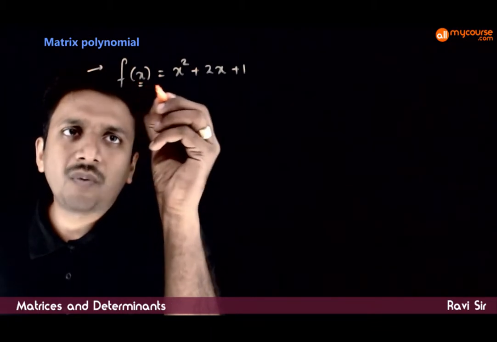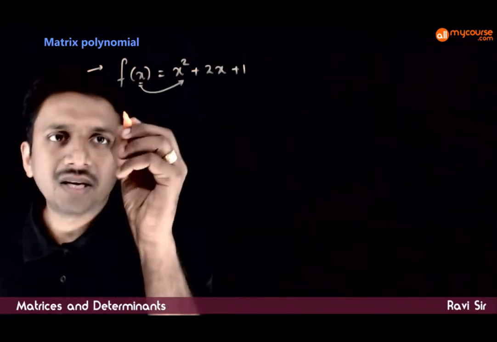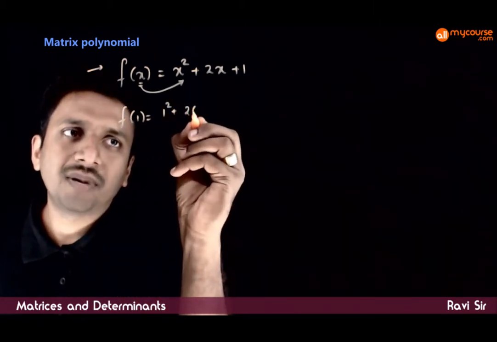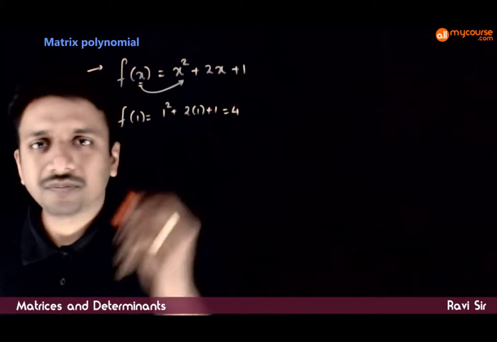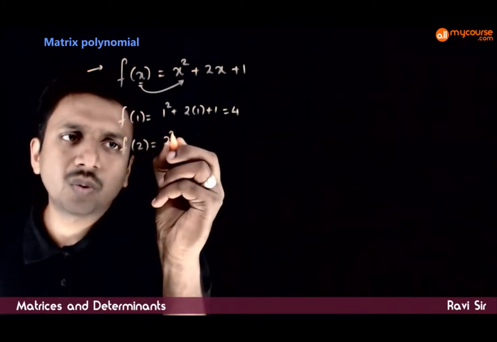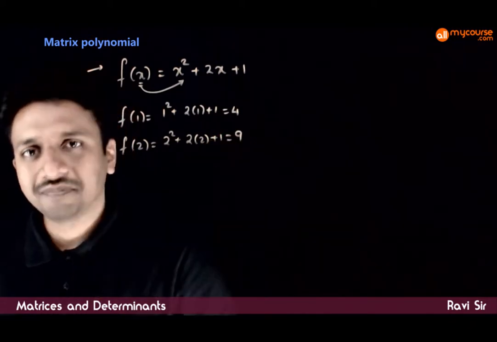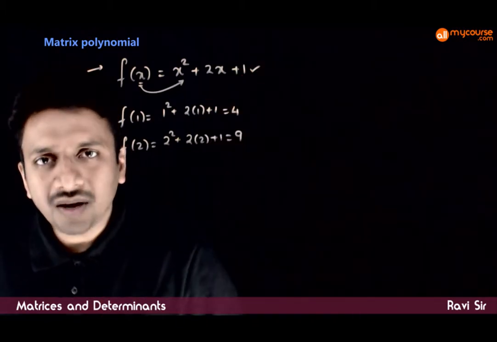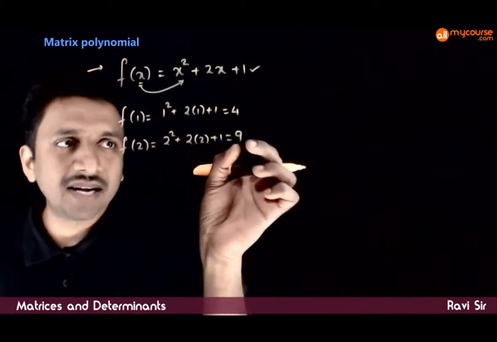If you put different values for x, you get different values of the polynomial. f of 1 is equal to 1 square plus 2 into 1 plus 1, that is equal to 4. What is f of 2? f of 2 is 2 square plus 2 times 2 plus 1, which is equal to 9. So whenever you have a polynomial defined on numbers, for different values of x, you get different values